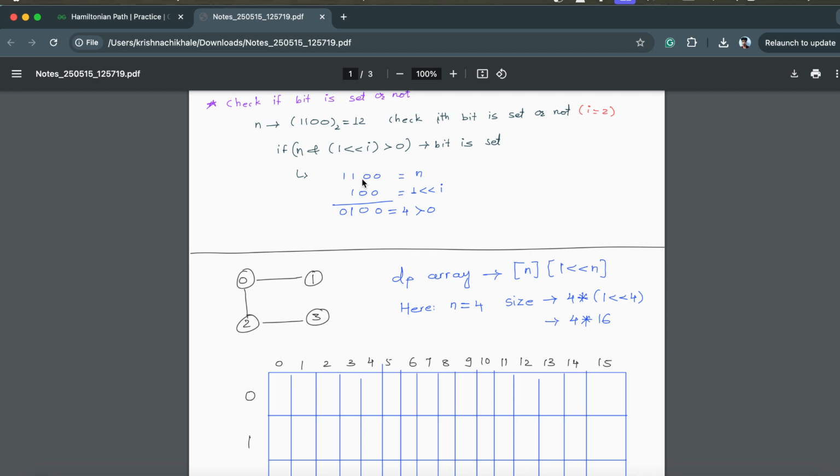And all these bits, if they are set, that means all of these values are 1 1 1. That means we somehow traveled all of these nodes. So at any point in time, if we reach that node, we always try to set that bit. Now in the previous video, if you remember, we tried all the possibilities,